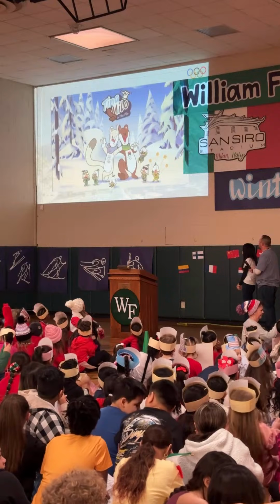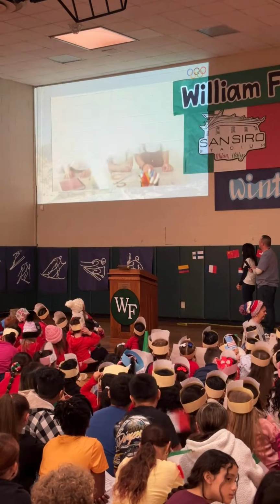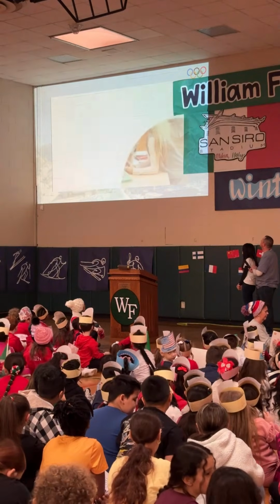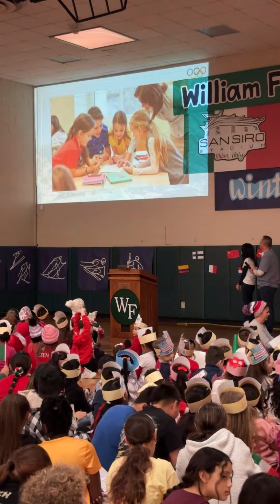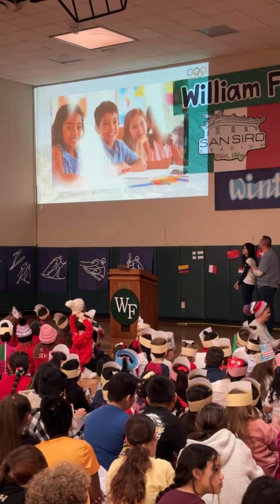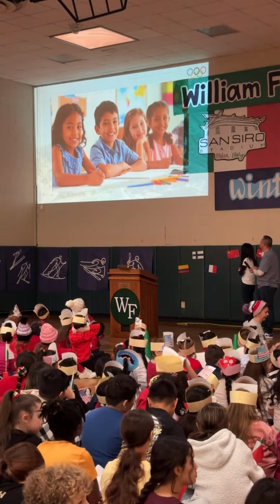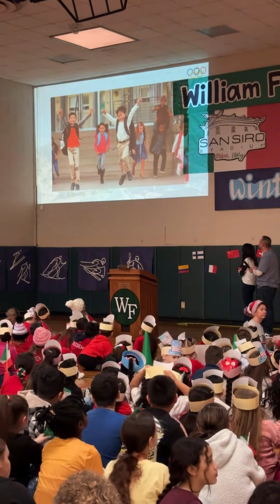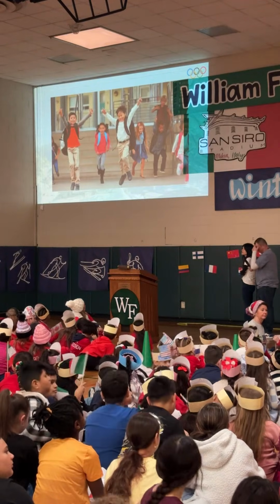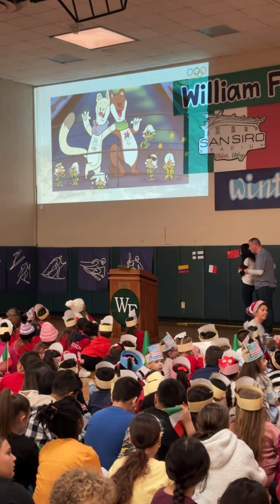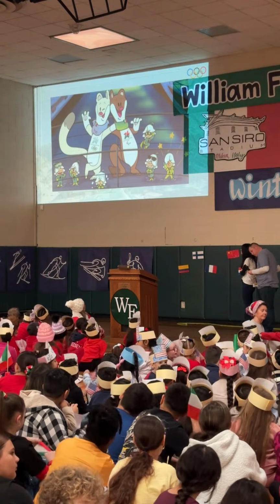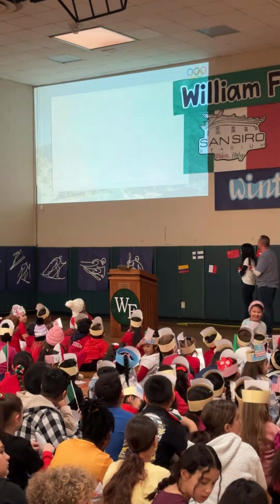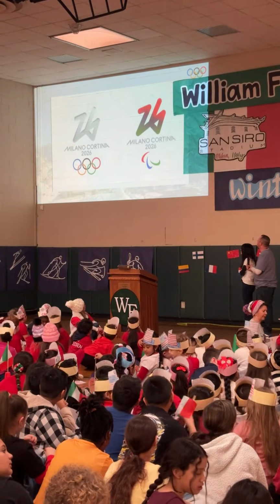Now here's the part that makes these mascots truly unique. They were created through a national school competition in Italy. More than 1,600 student groups submitted mascot ideas from schools across the country, and the winning design came from the Istituto Comprensivo di Tavera in Calabria, one of Italy's southern regions. From there, professional artists refined the design, but the heart and originality came directly from the students. So whether it's Tina's creativity, Milo's resilience, or the Flo's hope-filled energy, the 2026 mascots aren't just characters. They're the heart and soul of Milano Cortina 2026.